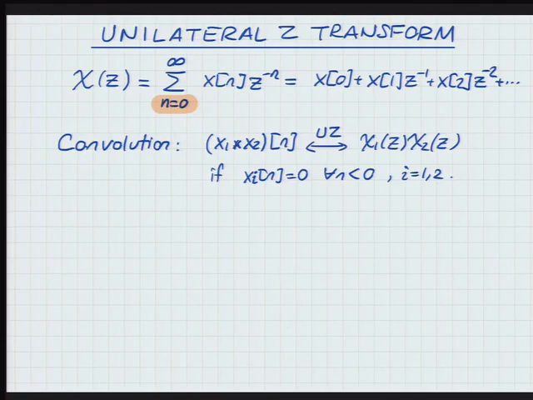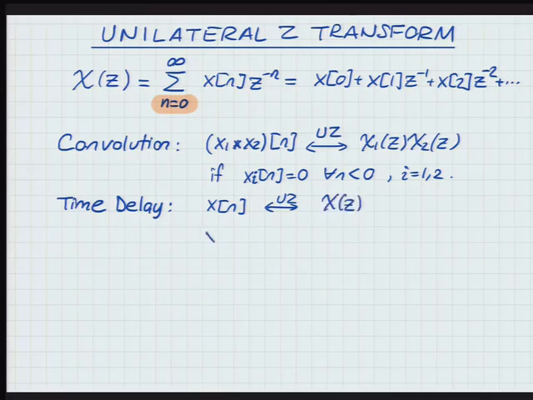So that's the other property that's different. That's the time delay property. Slightly different than the usual Z transform. So the difference is this. If I give you a signal x of n, whose unilateral Z transform is x of z, and then if I delay this signal by 1,